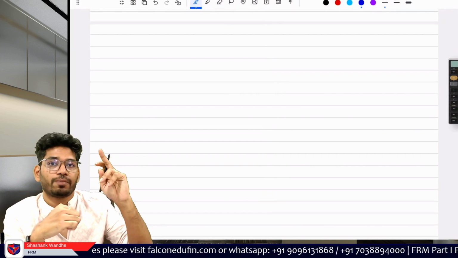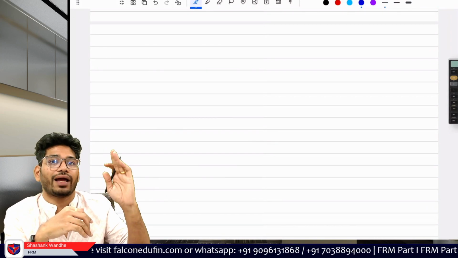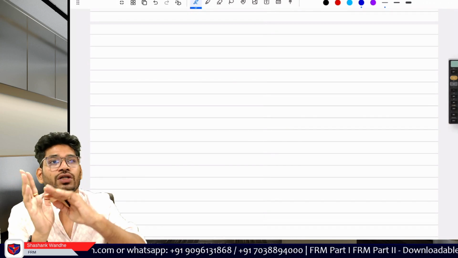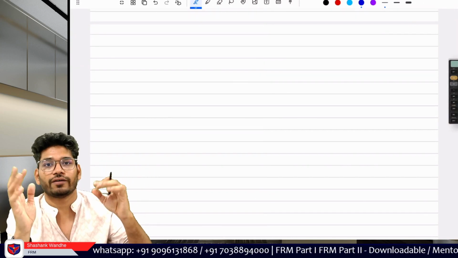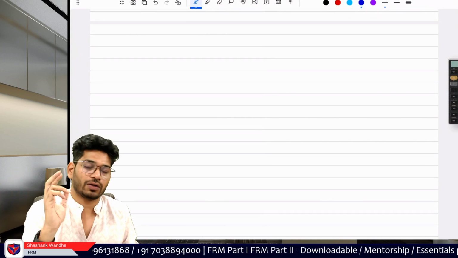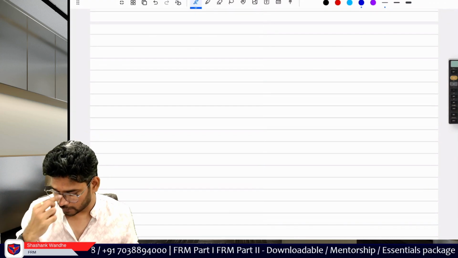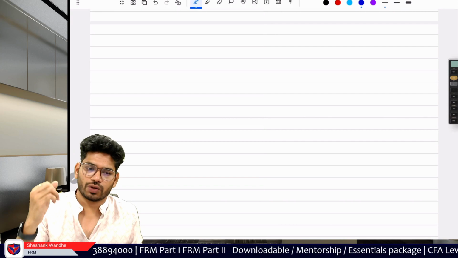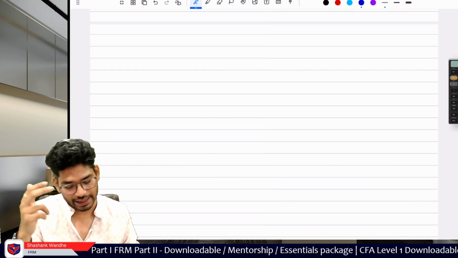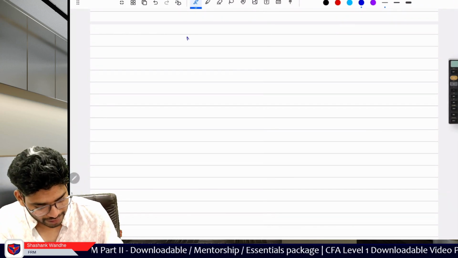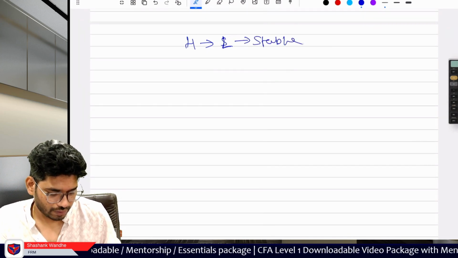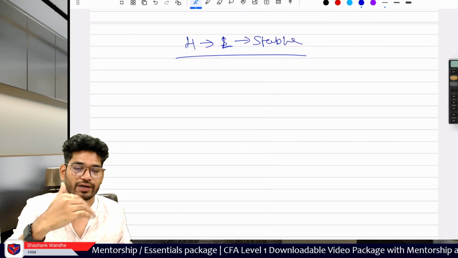Once you know the company is going to pay a constant dividend after a certain point, you can apply Gordon's growth formula for that situation only. If the company is going to keep changing its dividend growth rate forever, it will increase, decrease like this, then Gordon's growth model is not applicable. Okay. So this is the point you have to remember. Now, there is a 3-phase which is given in the book. So it goes like, first it is a high phase. The company will pay a high dividend, then a low dividend, then it will stabilize. So high, low, and then stabilize. Just remember this on a theoretical level: high payment of dividend, then low payment of dividend, then stable.